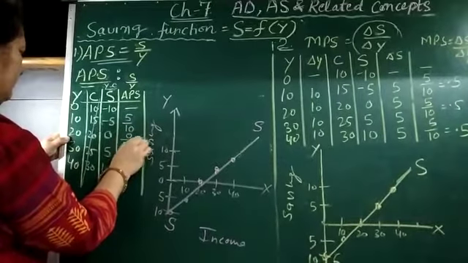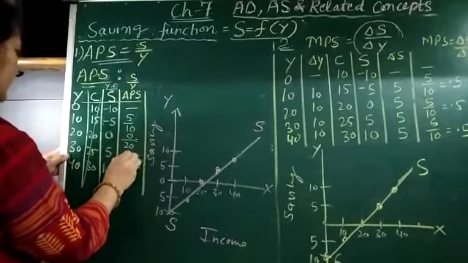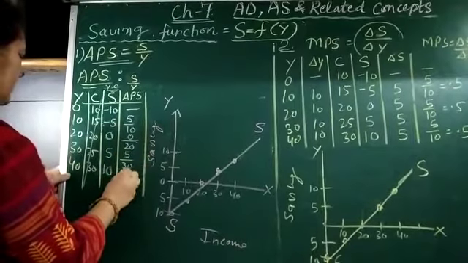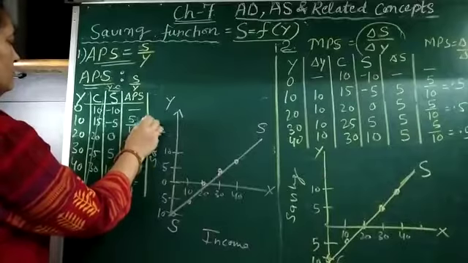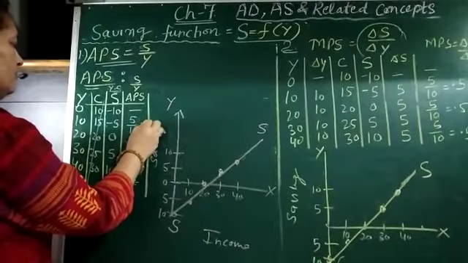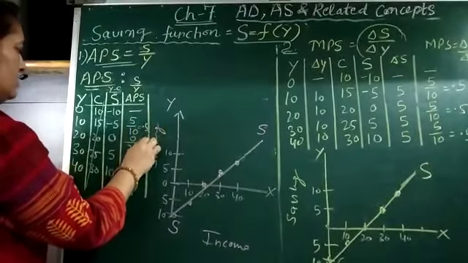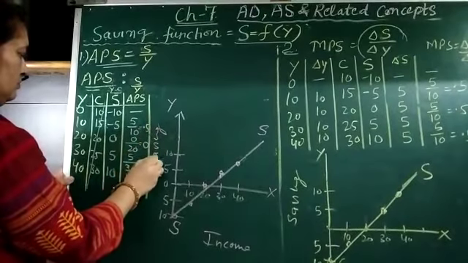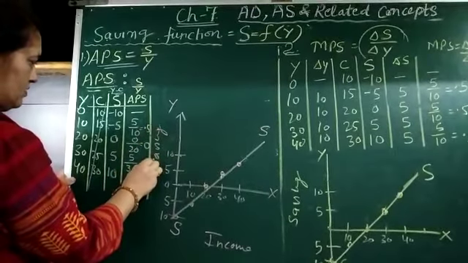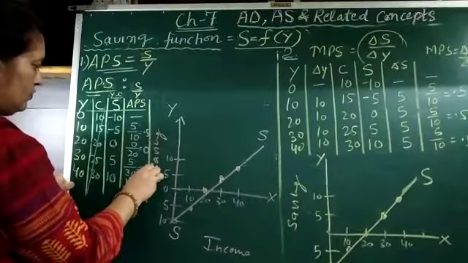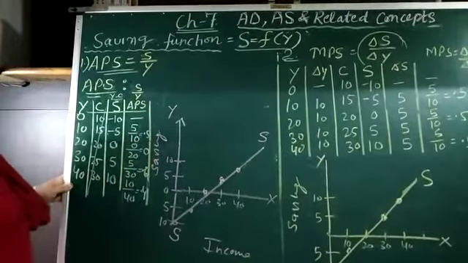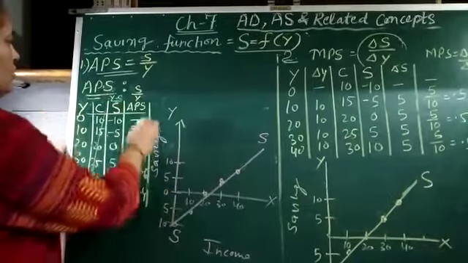0/20, 5/30 and 10/40. These are the APC values: 0.5, 0, 0.6 and 0.4. And now let us, for the calculation of APC,